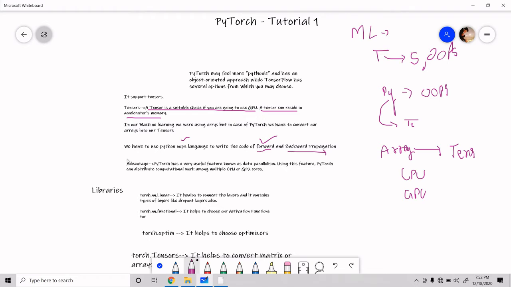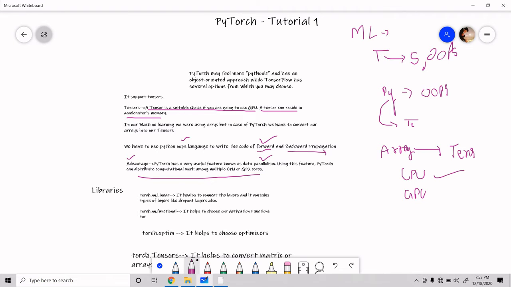There is an advantage of PyTorch: it has a very useful feature known as data parallelism. As I already said, using this feature, PyTorch can distribute computation among the CPU cores and GPU cores.